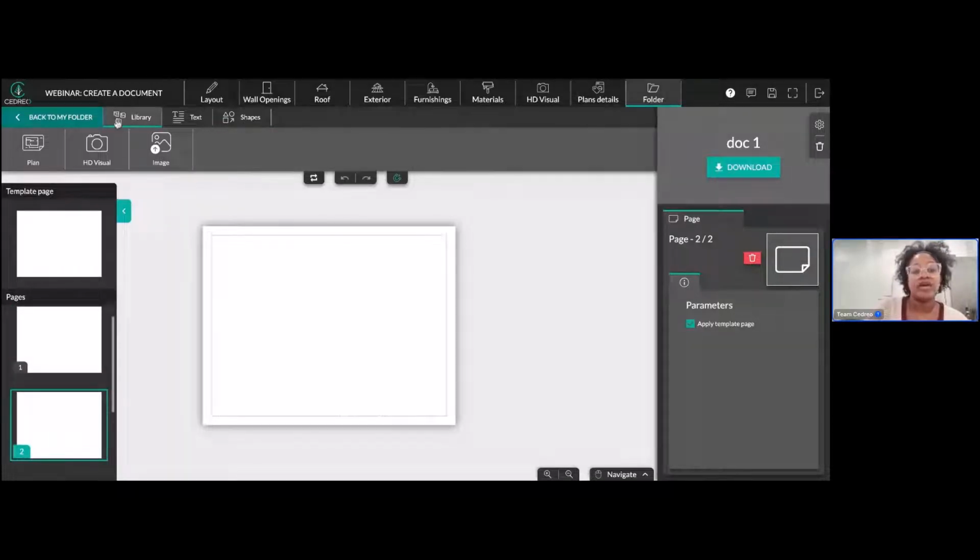Up here, you have a set of menus. Your library would take you to your plans, the plans that we originally had in the folder step. Your HD visual will take you to any renderings in your gallery. And this image icon allows you to upload